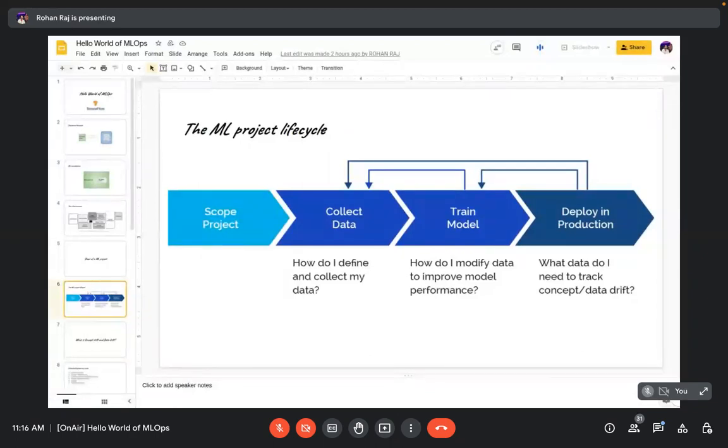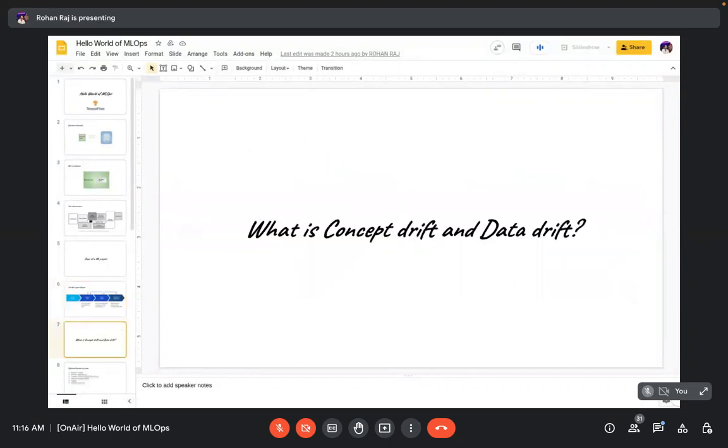So this is what a basic speech recognition system would work like. Moving forward, then comes the concept of drift. What is concept drift and what is data drift? As I mentioned earlier, data is not consistent. Let's suppose we have trained a model on some data, and eventually the data trends shift, like